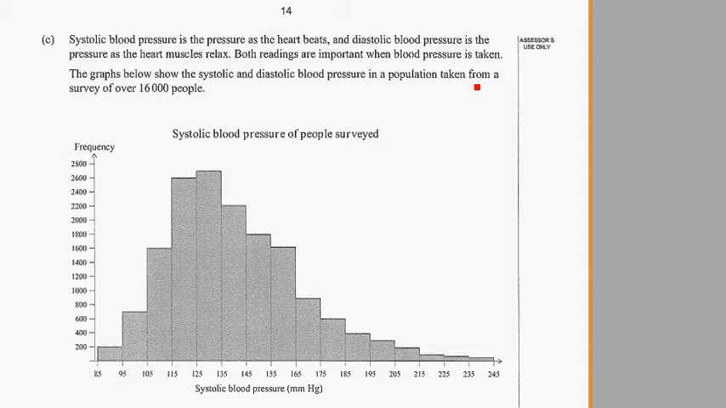Right, so 2013 external, question 3C. You can pause and read the question if you don't have the paper in front of you. So this is the systolic blood pressure of people surveyed, and the following one is the diastolic, and we're asked to compare and contrast. So if we consider shape, centre and spread,